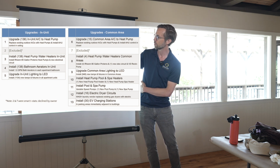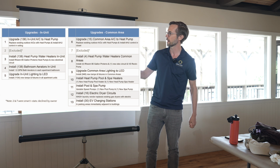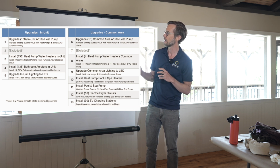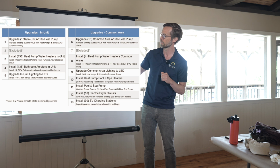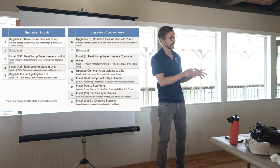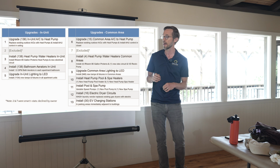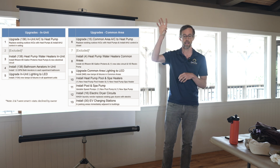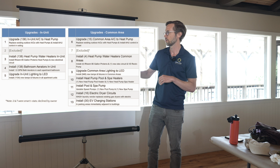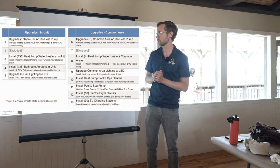So, a 138 unit apartment complex. We converted their existing air conditioning over to heat pumps. We also converted their existing gas water heaters. This is unitary, so every apartment unit has a gas water heater in a closet, and every apartment unit has a condenser on the roof for air conditioning. We replaced the water heater in the closet with a heat pump water heater,